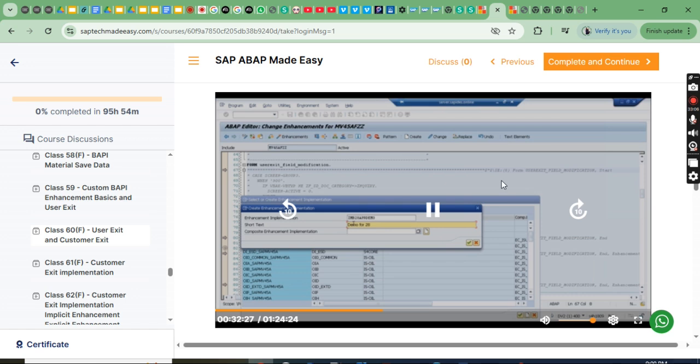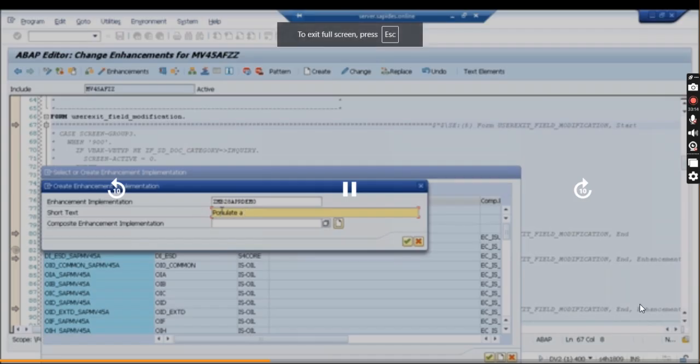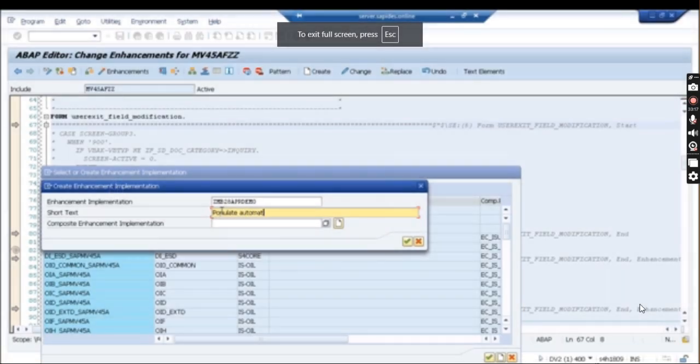Let's give some valid name over here: populate automatically ship to party. Click on this OK button,